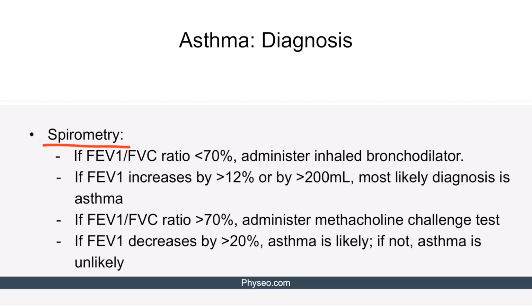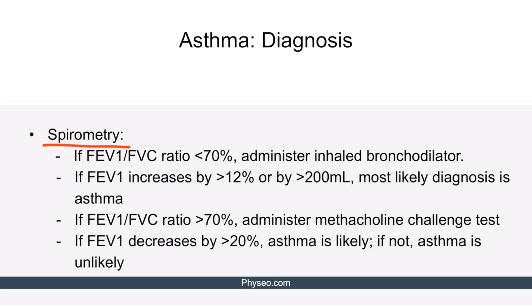If the FEV1/FVC ratio is normal, that is greater than 70%, one should administer a methacholine challenge test. Methacholine is a muscarinic receptor agonist causing bronchoconstriction. In patients without asthma, bronchoconstriction is minimal, and therefore methacholine does not cause significant symptoms. However, if methacholine decreases FEV1 by greater than 20%, then the patient has hyperresponsive airways, and the diagnosis of asthma